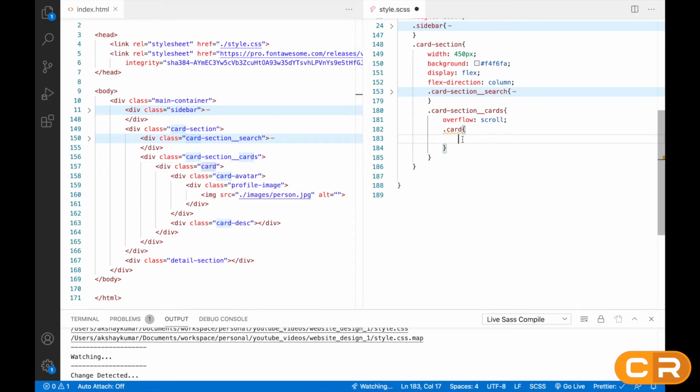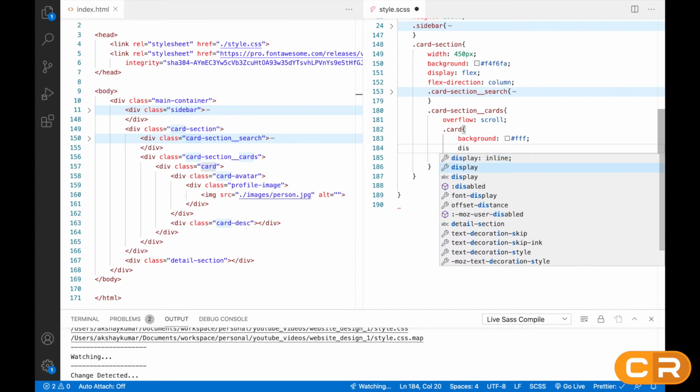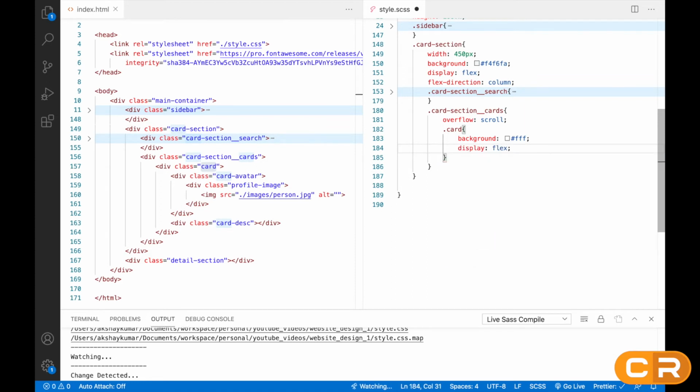Okay, here we can write background white, display flex, and we'll give some margin, that will be 0, 35px, 15px and 35px. If you don't know this, I will explain what these 4 values are.